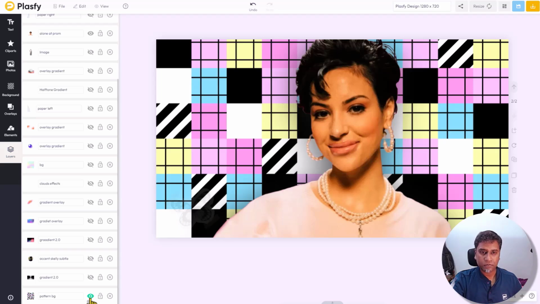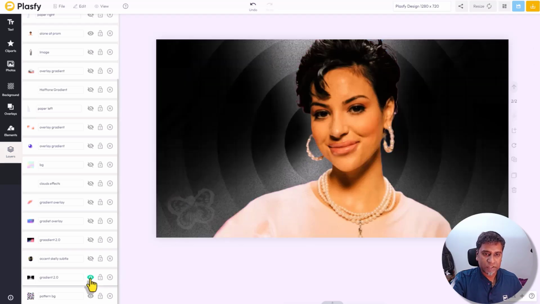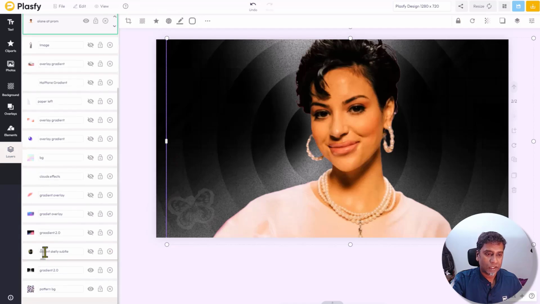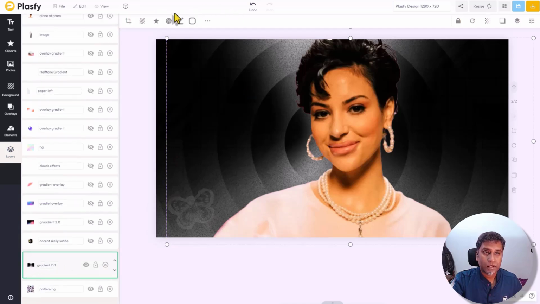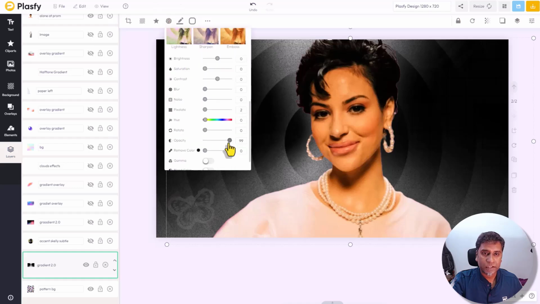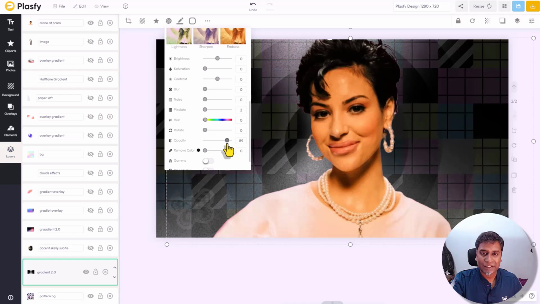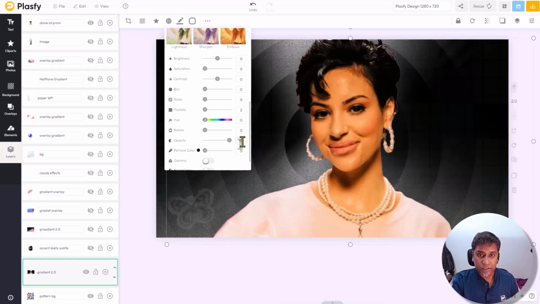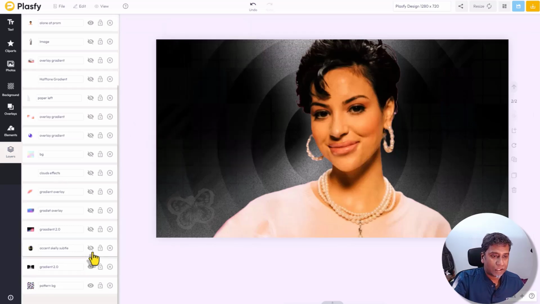Okay, so we have this background, and let's go to the next one, which is a gradient. The background is totally covered, so why did we need this background in the first place? You could play around with the gradient opacity. So let's look at this one, and let's go to this opacity and see what happens. Okay, see, you can do something like this if you want, just to make some of those gradient, those background patterns come through. You can do that. Let's put it at about 98%. Just a subtle hint of that.